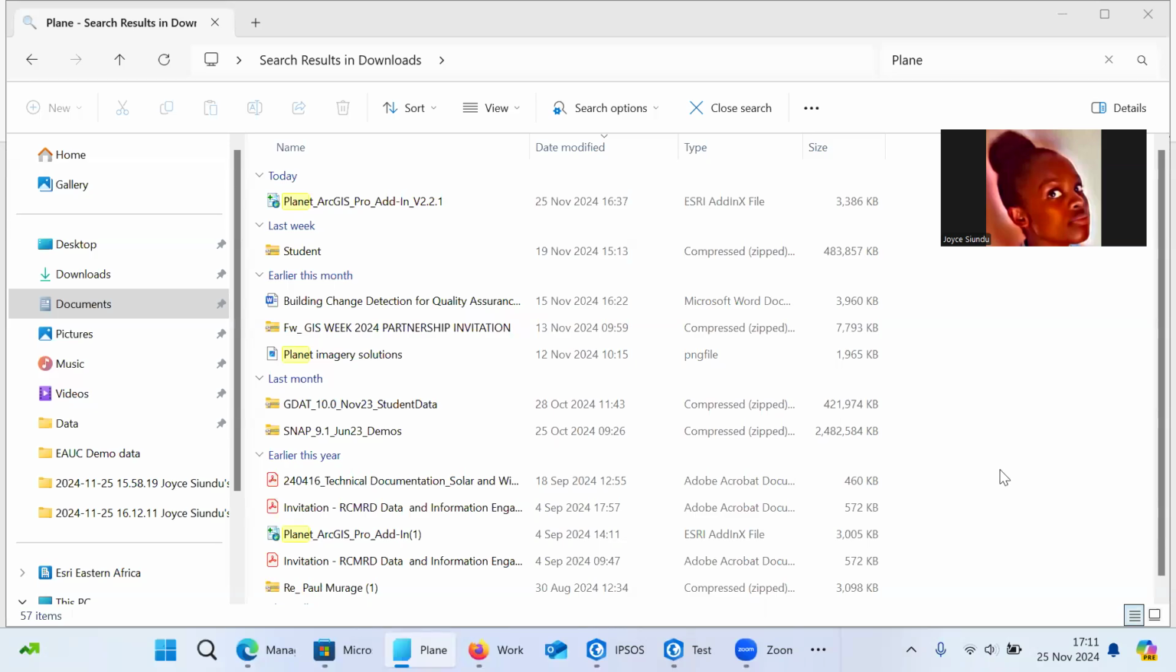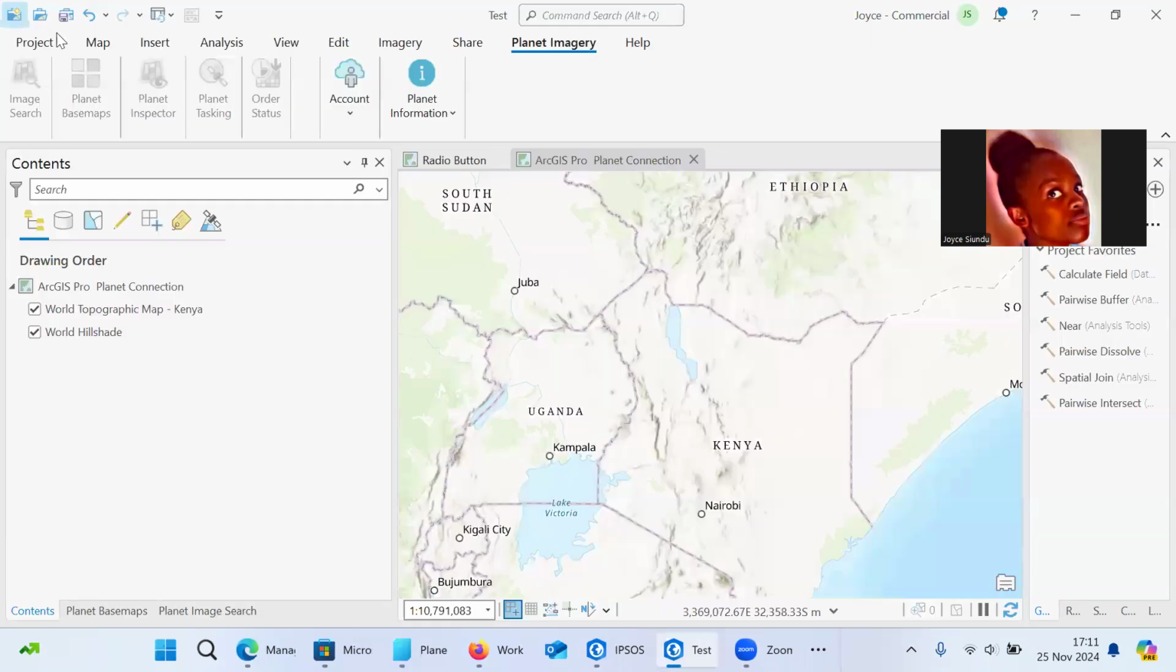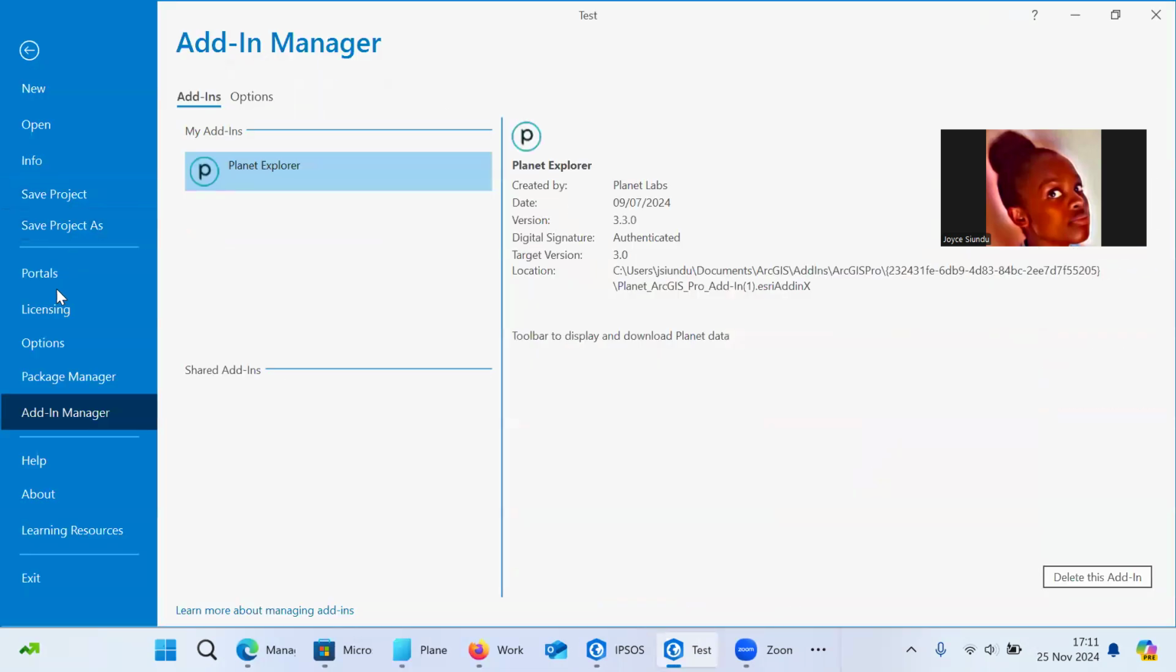Hello, in case you're wondering how to work with high resolution imagery directly in ArcGIS Pro, look no further. Specifically for Planet imagery, there is an add-in for Planet ArcGIS Pro that you will need to download and install. Once you right click on it and have it installed, then you'll be able to access it from the